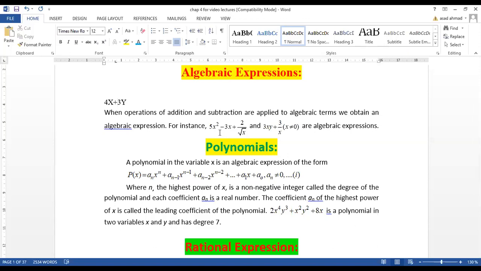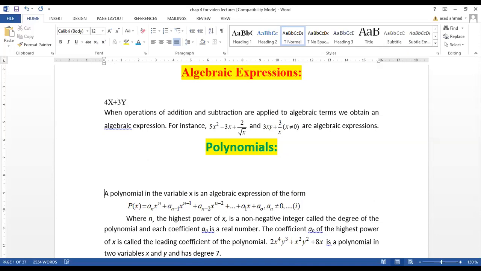Now, from the very beginning, we have to study the types of algebraic expressions. The next one is called polynomial. Before going into the details of polynomial, I would recommend that you first understand a few examples. I will type here first, then I will explain this expression. Actually, this is a little bit complex expression. So before going into the meaning of this line, that is what a polynomial is, I will first quote some examples just to give you some idea of how you would identify a polynomial.